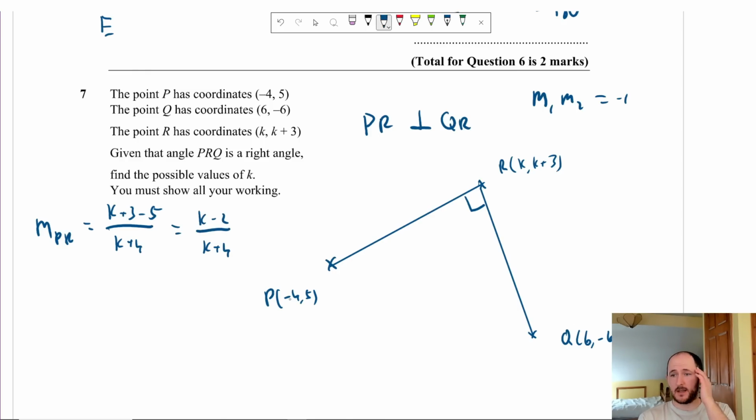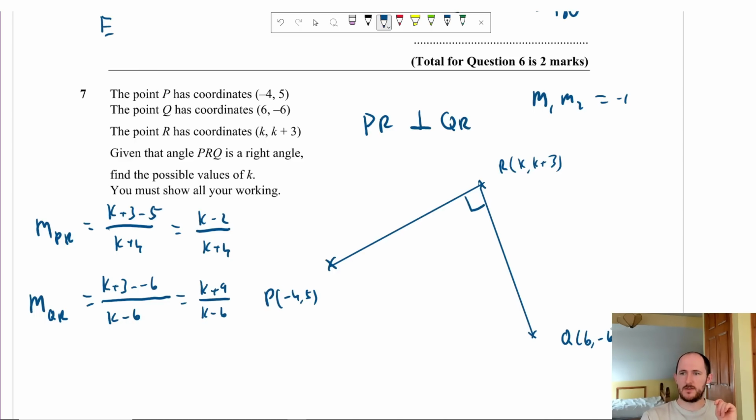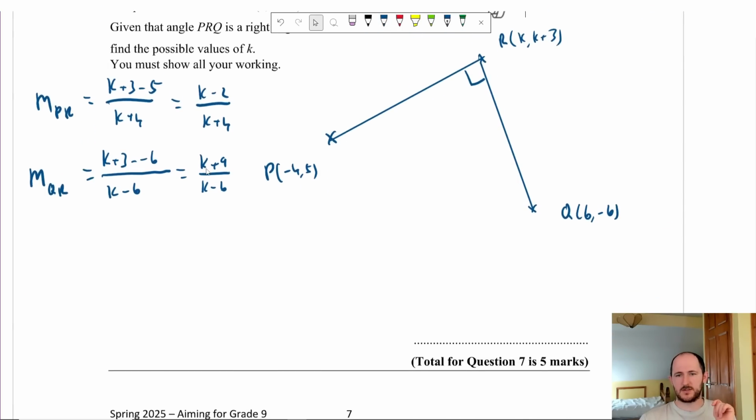And then we're going to do the same thing with QR. Let's do QR, because I've just realised. Okay. So we've got K plus 3 minus minus 6. Actually, let's write it out fully, over 6 minus K... over K minus 6. It was K plus 9 over K minus 6. Now again, using this relationship, if we multiply those two gradients together, they should give me